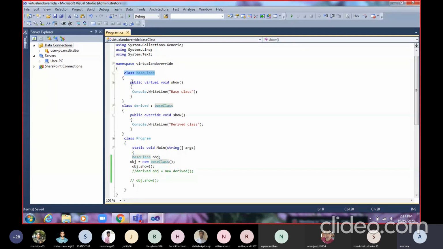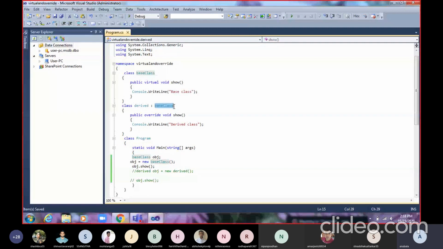Inside that there is a virtual method. As this method has the virtual keyword, the message it will print is base class. In the derived class, this base class gets inherited, and this derived class is overriding the base class method.